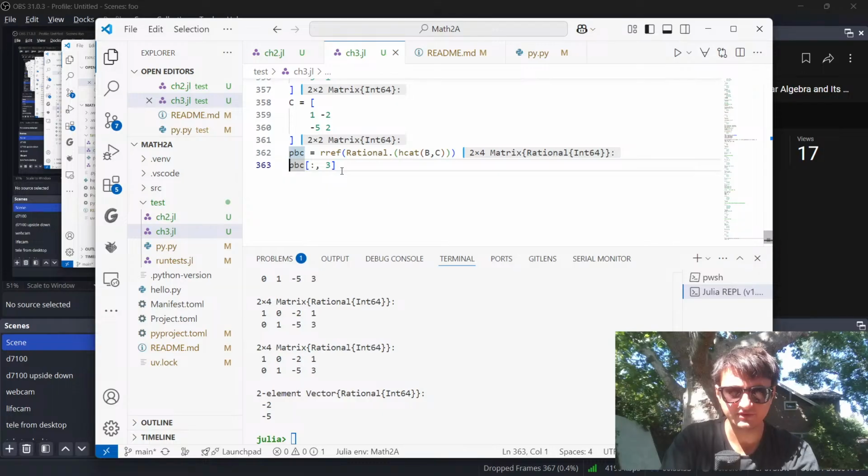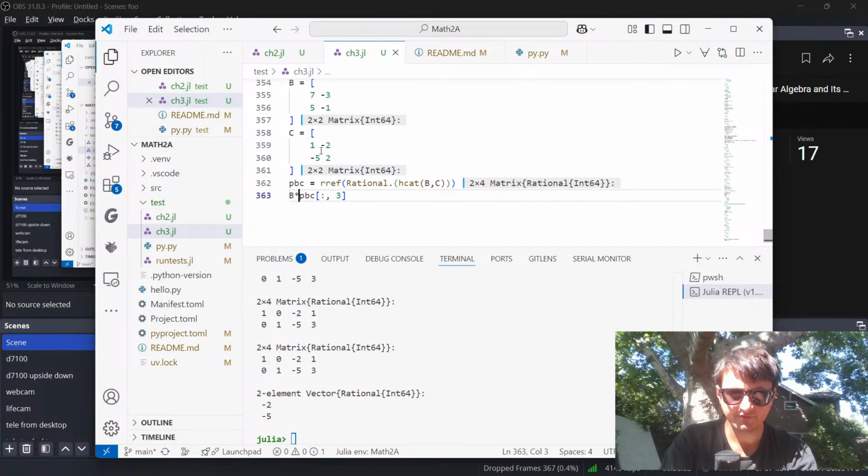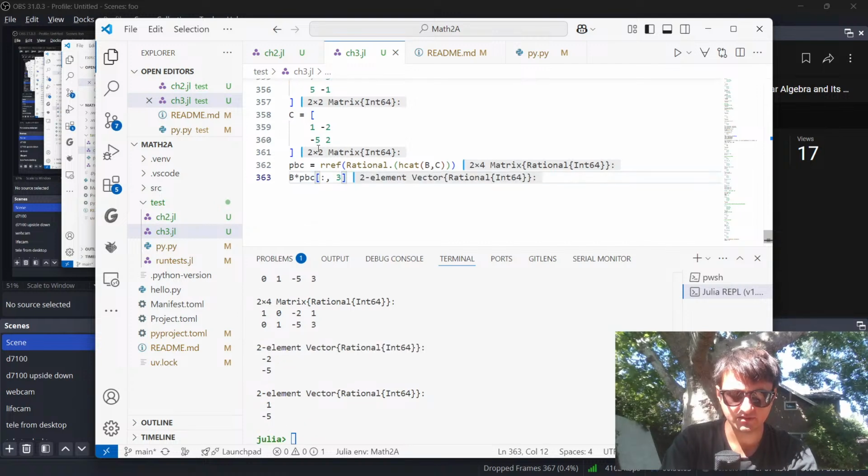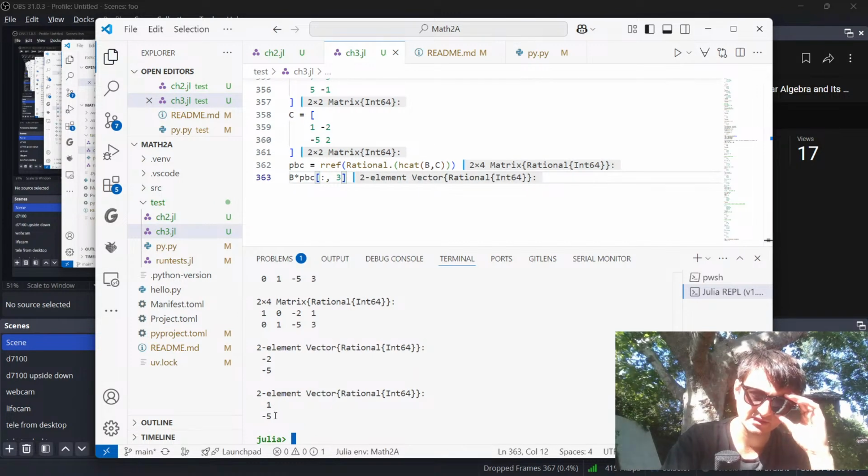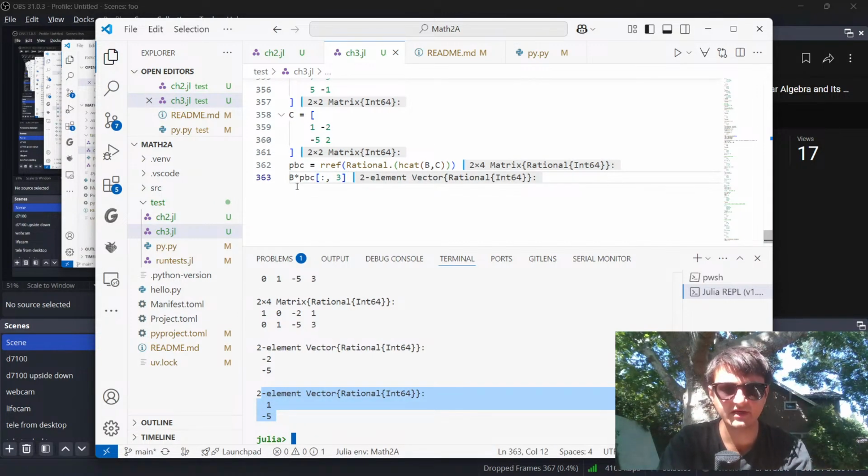We'll do C times, or wait, no. It's going to be B times this. If we get B times this, then we should get the first column of this. Perfect. Nice. See how there was a 1 minus 5? And that's the first column of that. So this definitely is